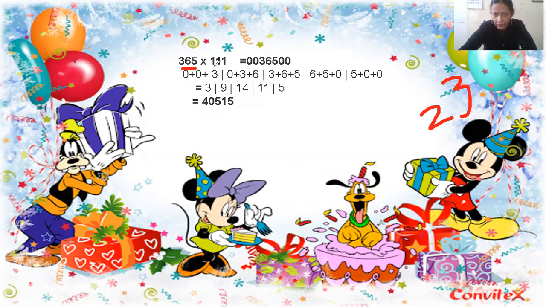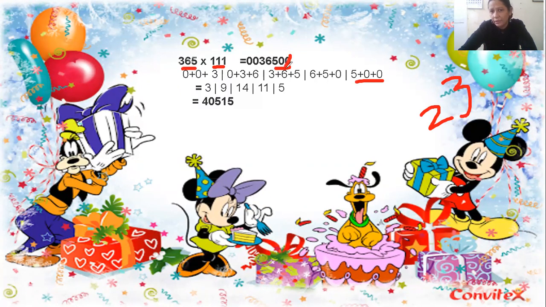Now see, as you can see here, 3, 1, 1 are here. So you have to start adding 3 terms at a time. What are the first 3 terms here? 5, 0, 0. These are the first 3 terms. So I have written here 5 plus 0 plus 0. Then put a slash, then cut this 0.